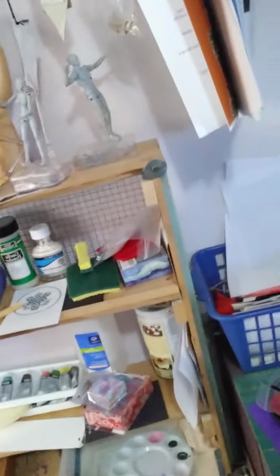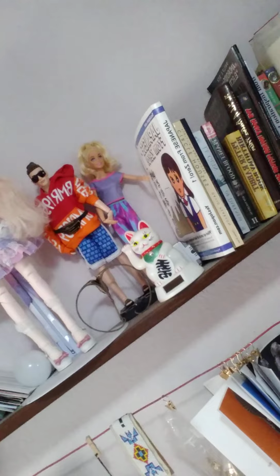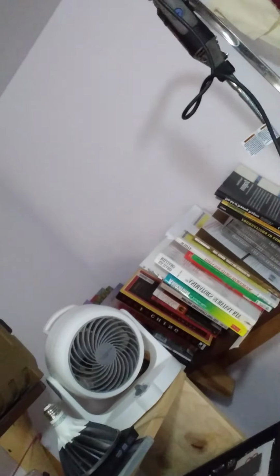This is where all my old dead projects end up sitting till I finally get tired of them and do something with them. And then this is just more art supplies and so on and so forth. There's some of my dolls that I got. I use them oftentimes as models. And then there's my Fallout collection, which I'm crazy about Fallout. So as you can see, I lead a pretty simple lifestyle, but that's because,